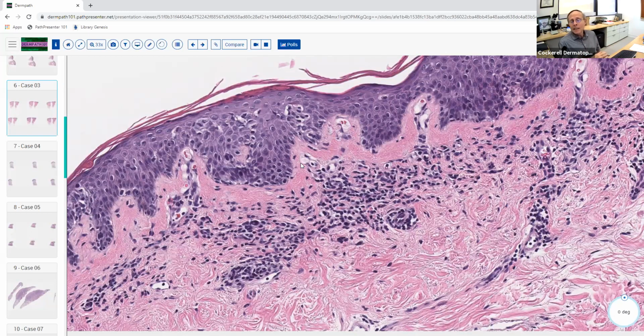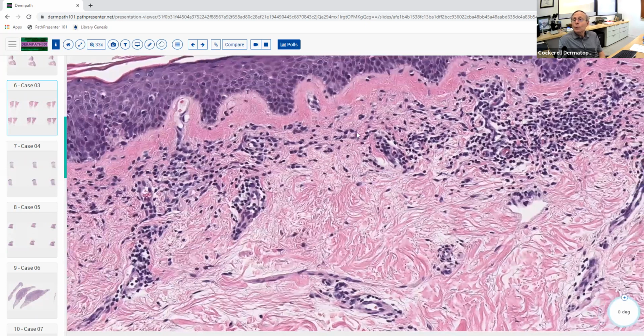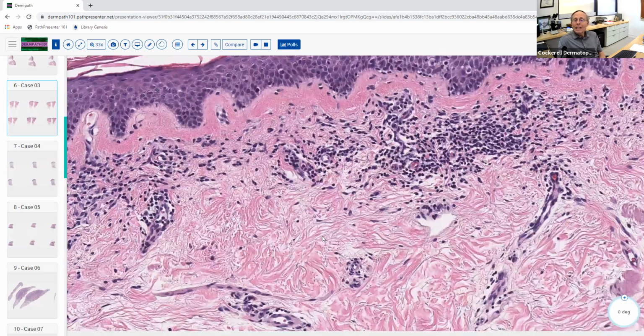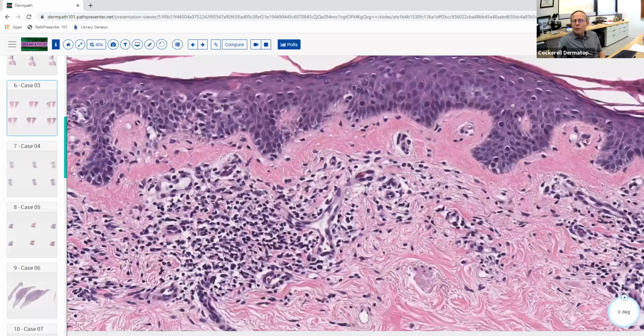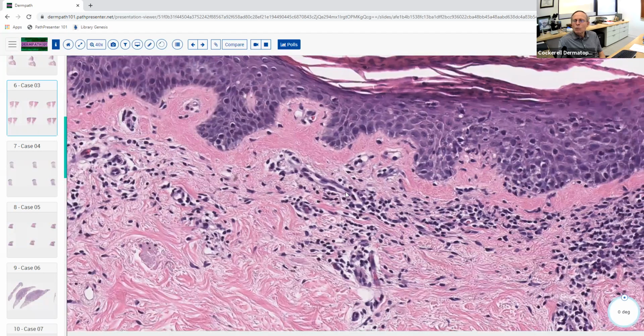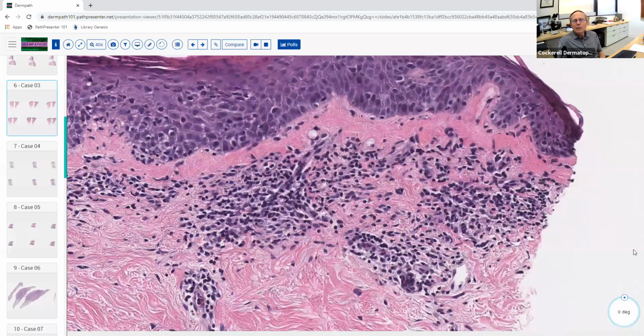So the textbooks say it takes a lot of biopsies to diagnose MF, but if you get this pattern, it takes one biopsy to make the diagnosis. So this is classic. Hopefully you all saw that. Now, there's one or two other clues that can help you. If you see thickening of the collagen bundles, and normally if you look at a normal person's papillary dermis, they really don't have thick, ropey collagen bundles in the papillary dermis. This case doesn't show it quite as well as some cases of MF,